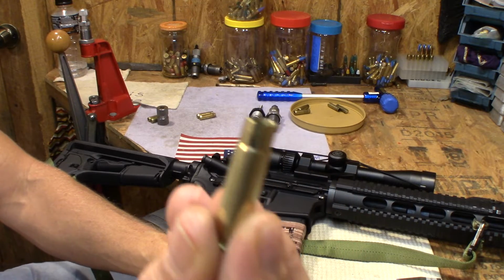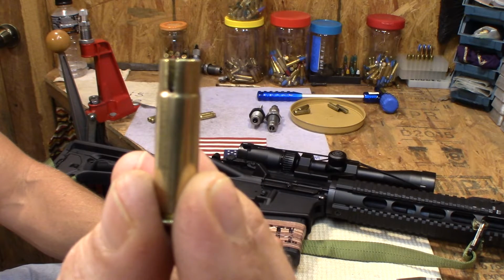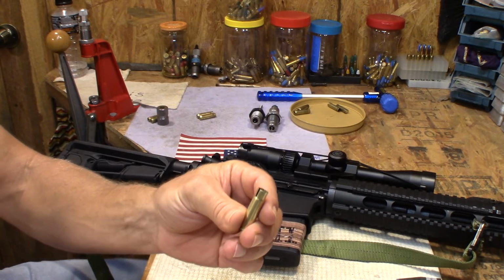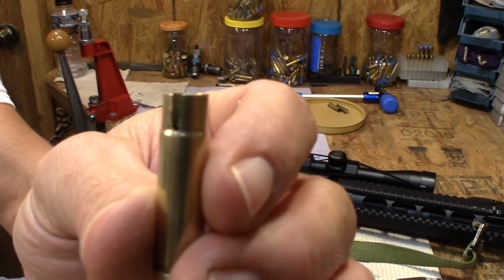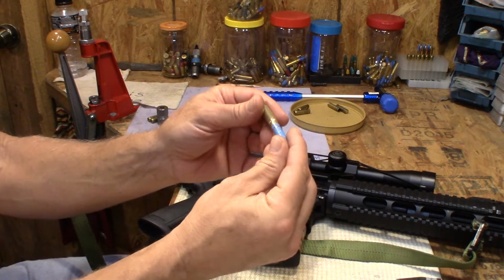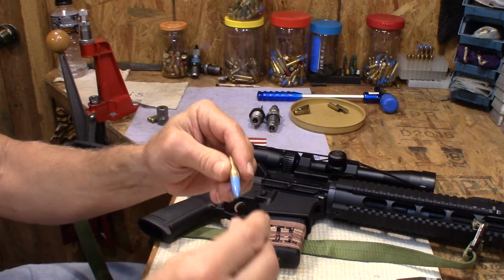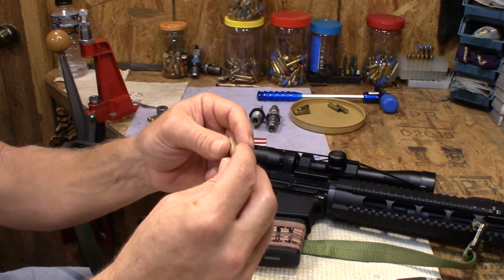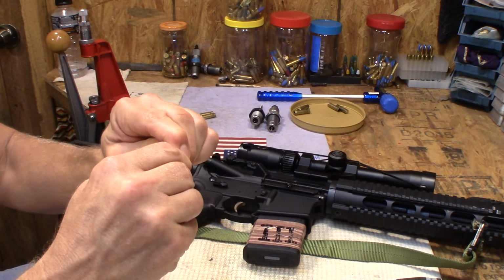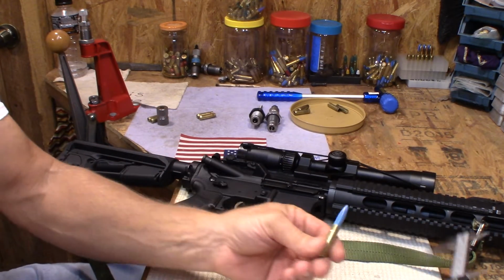Okay, what I have here is a case with a cut in it, just one of those little tricky old cut the neck, have the split case deals. So you want to take the bullet. I usually cut a little bit at a time because I don't want it too loose, and then I'll scrape my bullet in and out of it, and maybe even use lube if you need to, but get it going in and out where it's not going to fall in and out real easy, where you've got to actually push it in and out. So then what I do is I go ahead and just push it in to where it's way long,